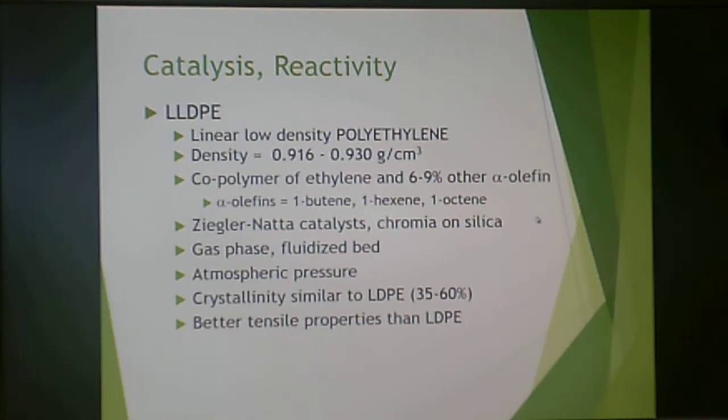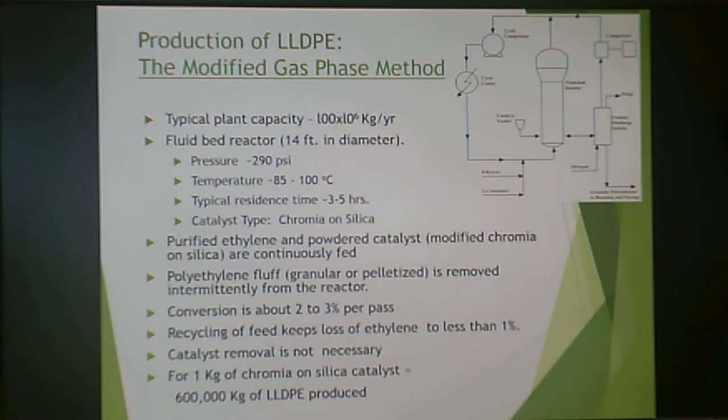And this is Ziegler-Natta catalyst again. This is a gas phase fluidized bed reaction. If you've never seen a fluidized bed, I have a video in the polypropylene lecture. This is also done at atmospheric pressure, and it has crystallinity similar to polyethylene, but it has better tensile properties than low-density polyethylene. And that's why this was developed. Once again, this is the modified gas phase fluidized bed type reactor setup. So for your information,